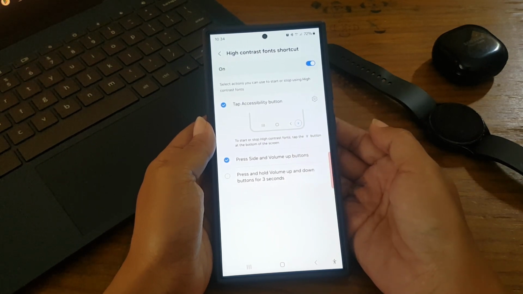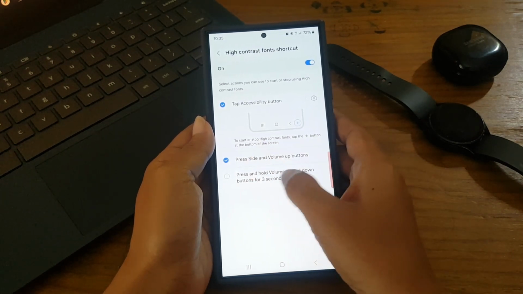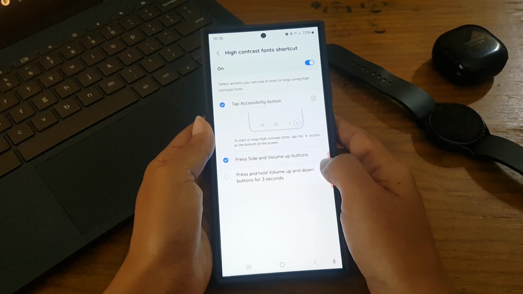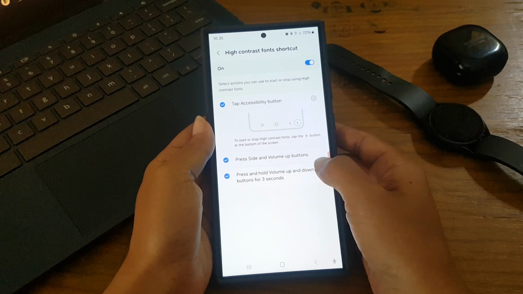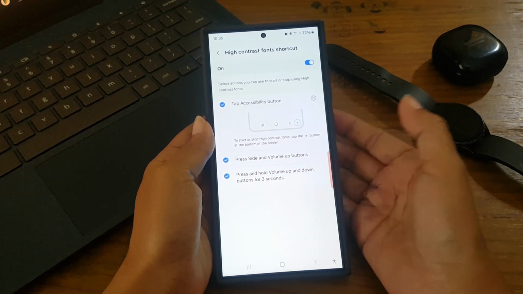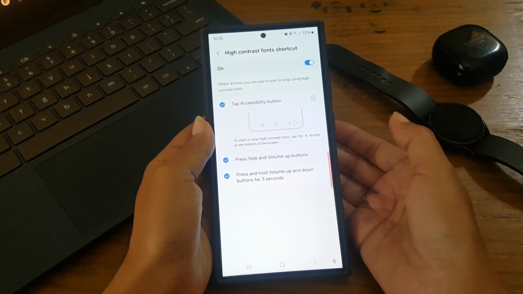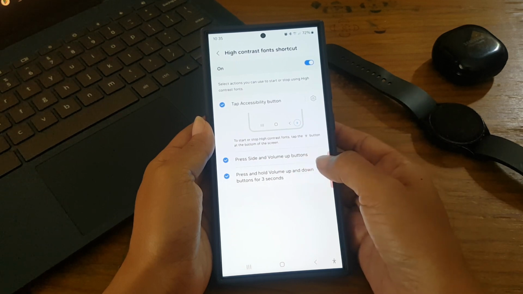combination. Third, press and hold volume up and down buttons for 3 seconds. If you choose this option, you can easily enable or disable the high contrast font feature by using this buttons